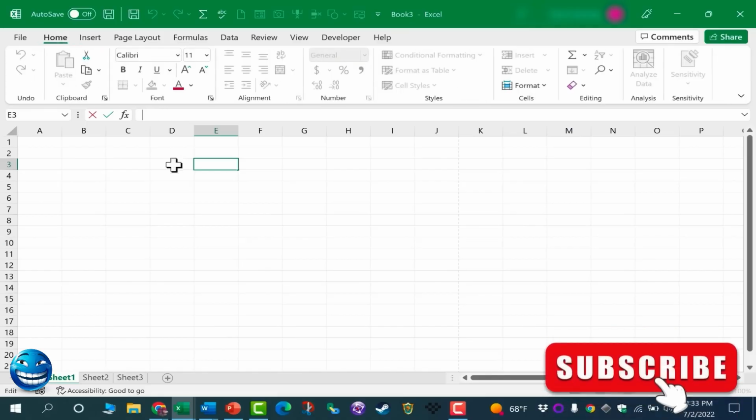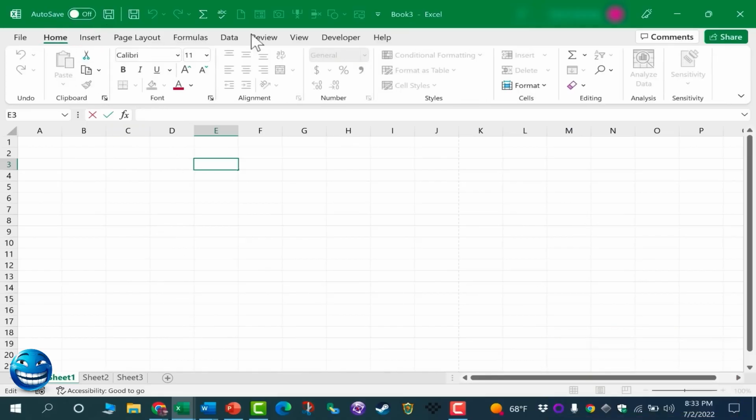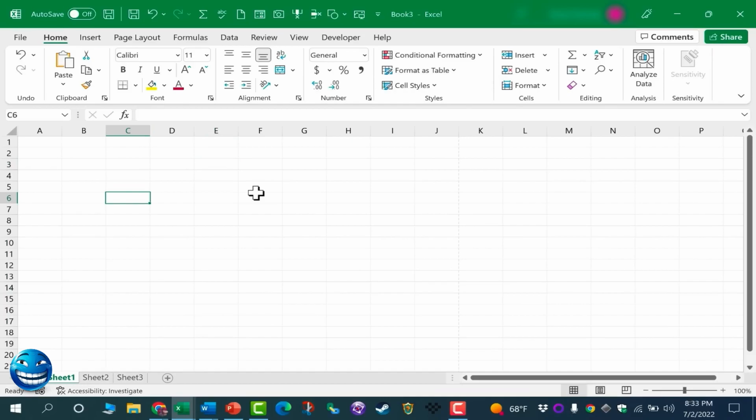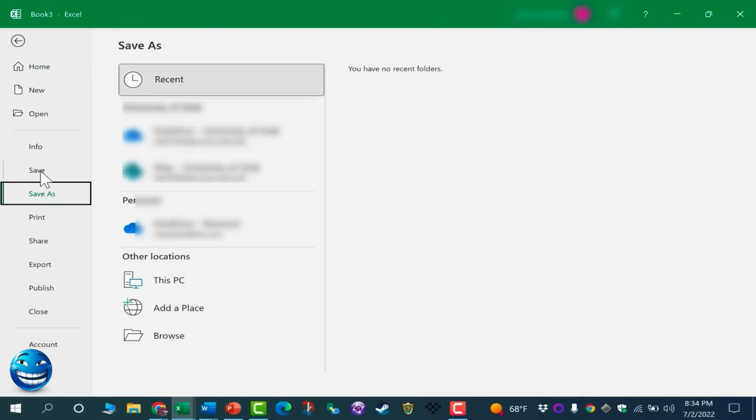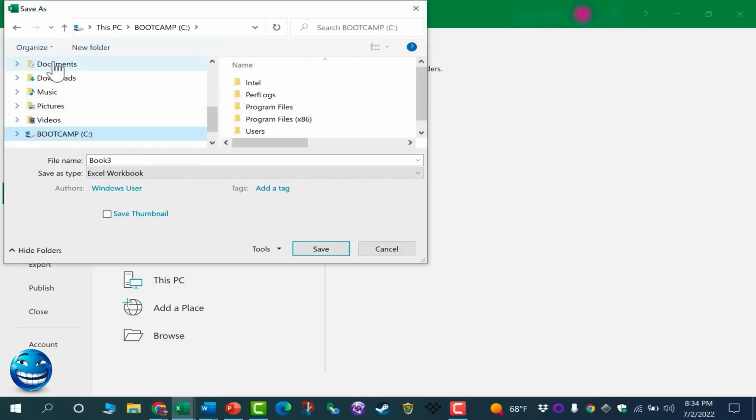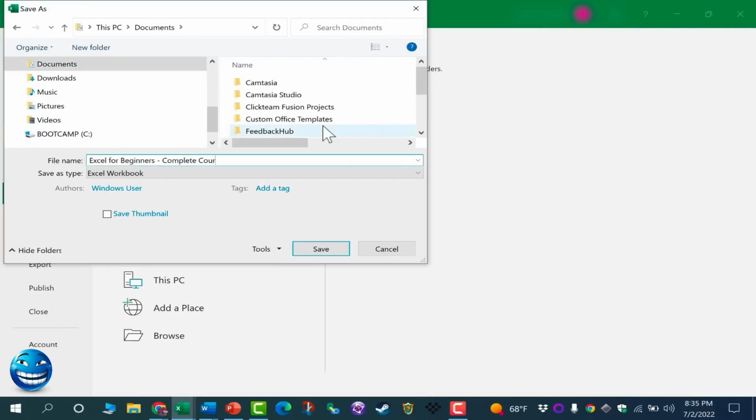So now that you know about the anatomy of a spreadsheet and also the layout in Microsoft Excel, you're completely ready to begin learning to use Excel. At this point, I'm going to click File and Save, but because this is my first time saving this document, it's having me do a Save As. I need to decide where to save this Excel workbook, so I'm going to click on Browse, and I'm just going to save it in my Documents, and I'll just write a name for it, Excel for Beginners Complete Course,